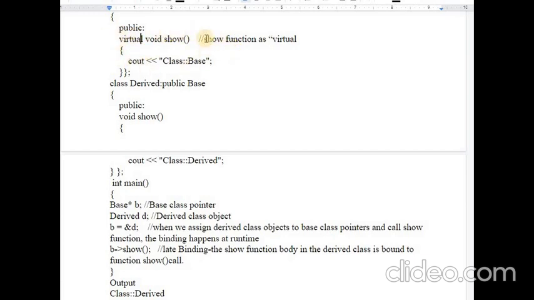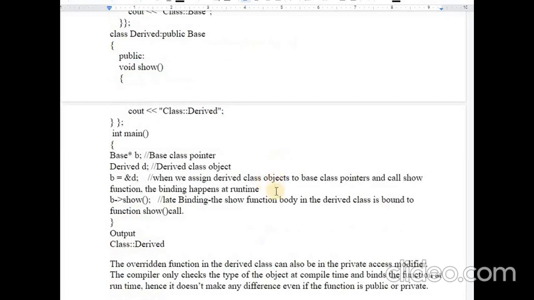It is bypassing this particular function and will display the output here, because the pointer has the show function, and the first definition was ignored, or disappeared, you can say, for the compiler. It has only the derived class definition.